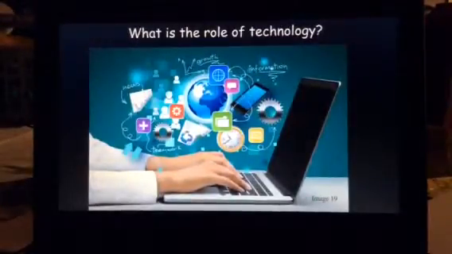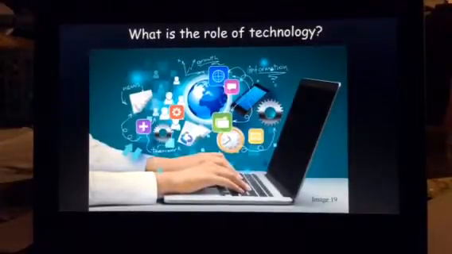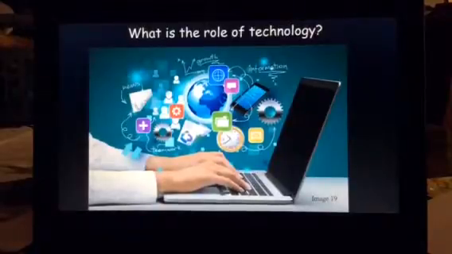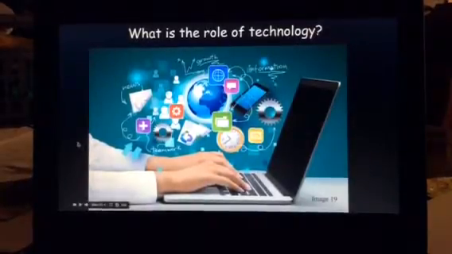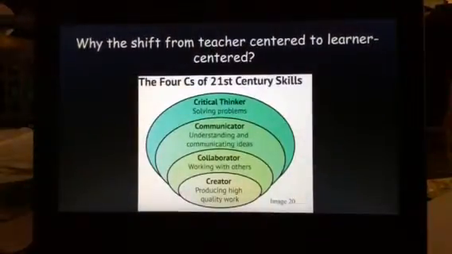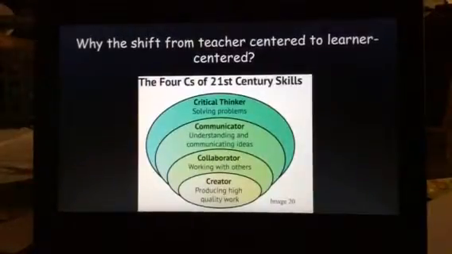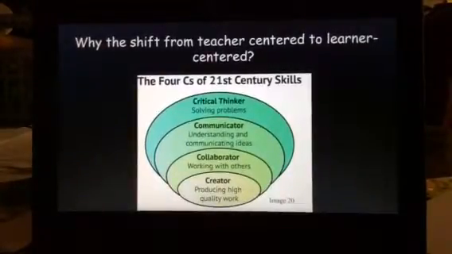So in all of this, what is the role of technology? We're in a technology-driven world where everyone is pretty much attached to technology. And I feel like for teachers, it's our job to teach students how to use technology to be good members of the 21st century workforce. And what I mean by that is that as we're shifting from teacher-centered learning to student-centered to learner-centered learning, we can use technology to turn students into critical thinkers because they can use the vast variety of